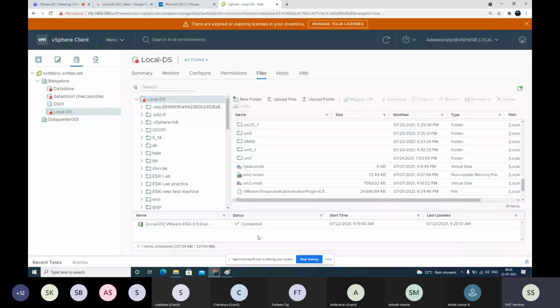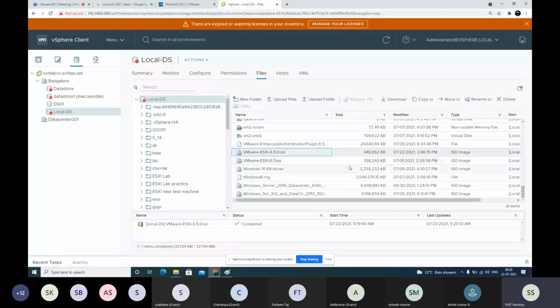Here you can see the ESXi 6.5 ISO image. Now this file is also ready.